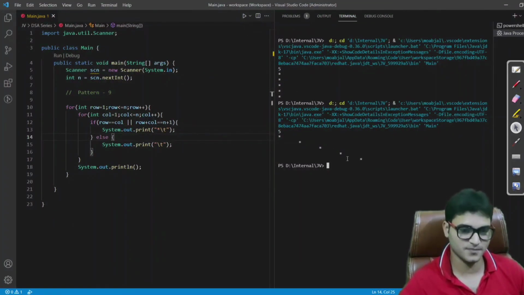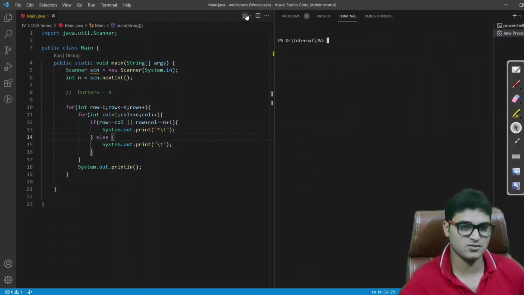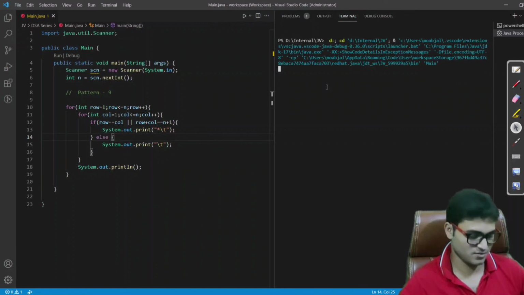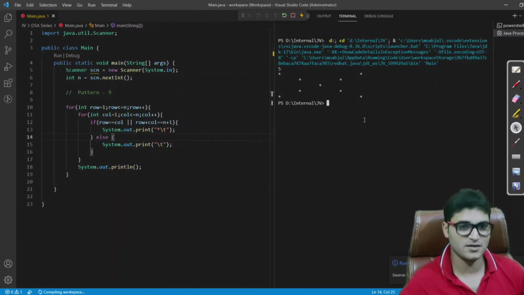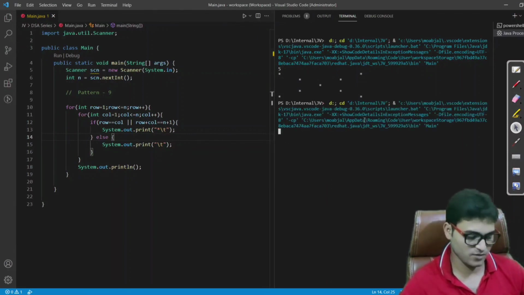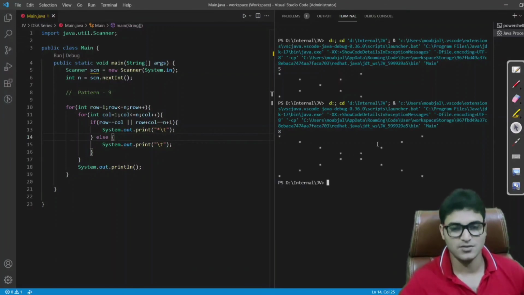Let's give it a run, clearing the screen also. So this is the output for size 5. Let me run again so that you are very sure our program is working. So this is the output for size 8.